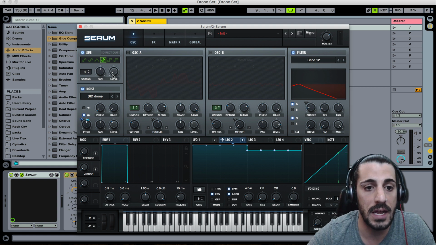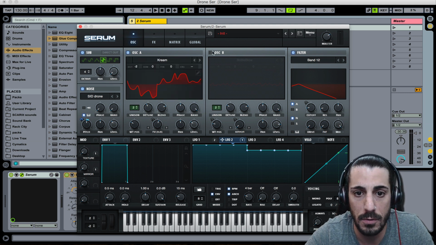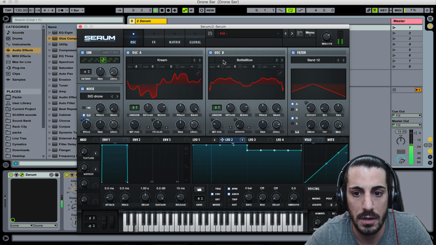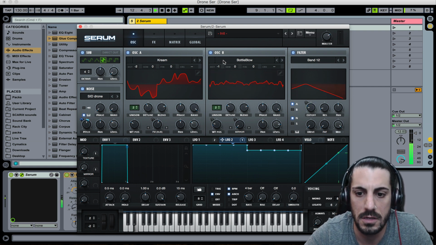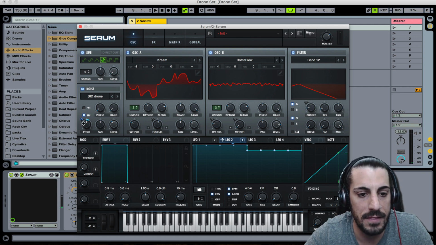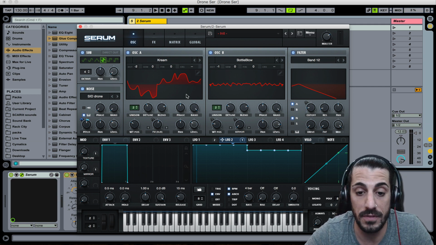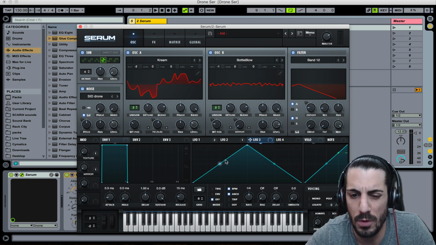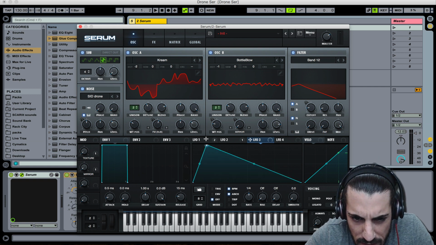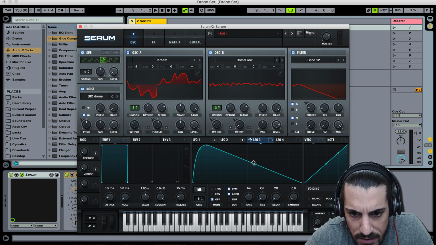Cool. So let's add everything else back in and kind of hear what it sounds like. Wicked. So now we're getting this tonal thing that's happening in addition to all of this stuff. Let's add one more thing as a variation, one more cool thing. What I want to do is make it so this kind of rips up